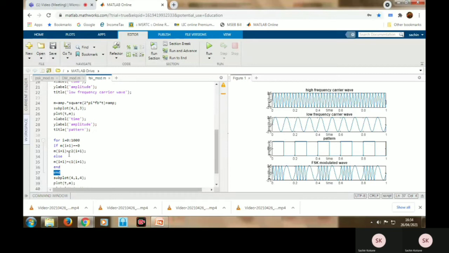So in this, what we are doing is overwriting the message signal. Already here we have used the variable m. So we are assigning this C2 low frequency value to m, and again the high frequency carrier value to m. Now this m will be an FSK signal. Earlier m was the message signal. Here we are overwriting that m value, that's why now m became the FSK signal.